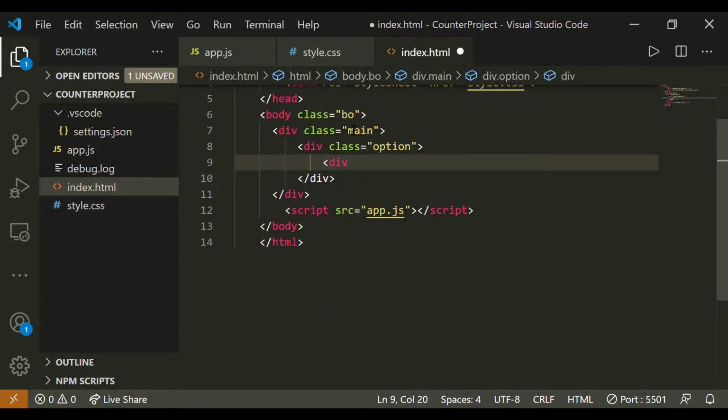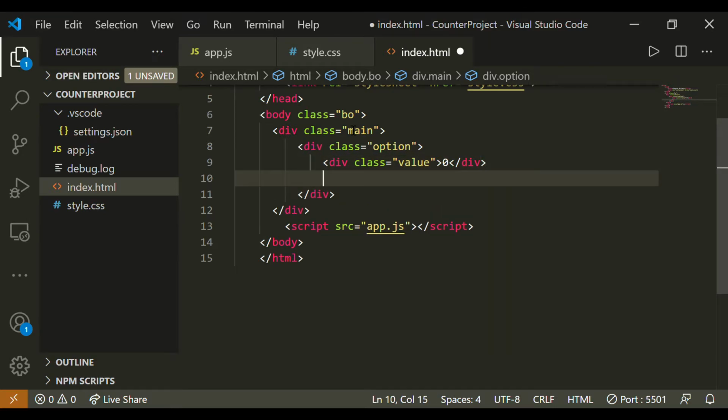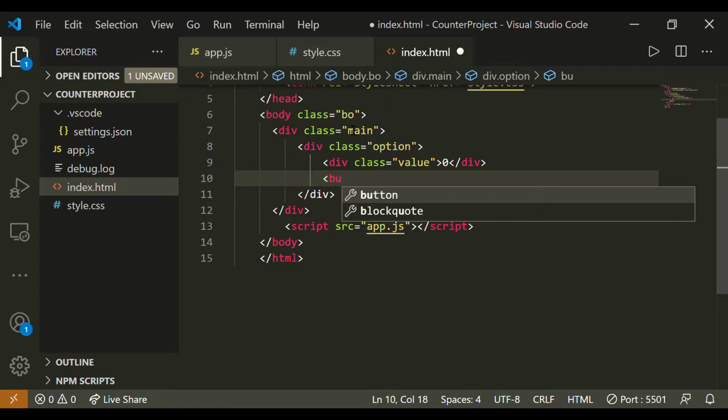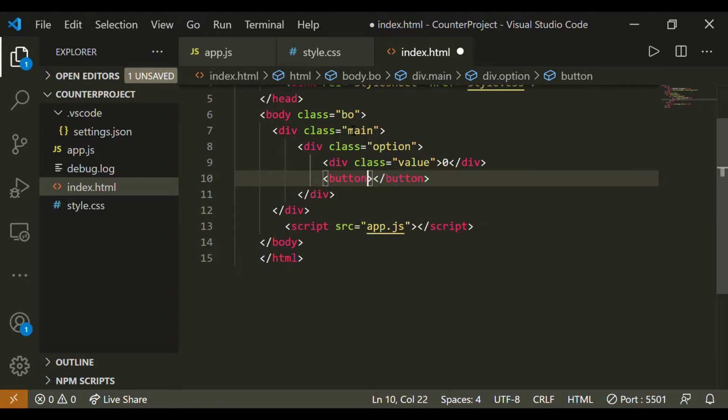One will be a div of class value, which we will be manipulating in our JavaScript code, and for now I am hard coding it with 0, and then it will be having three buttons which we will be using to manipulate our HTML DOM.